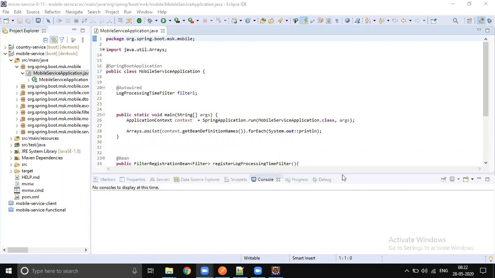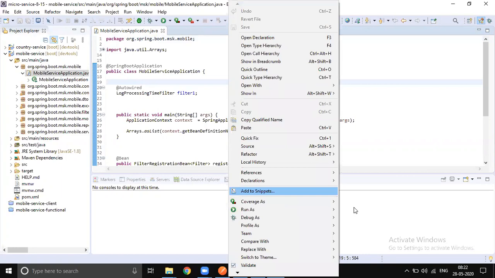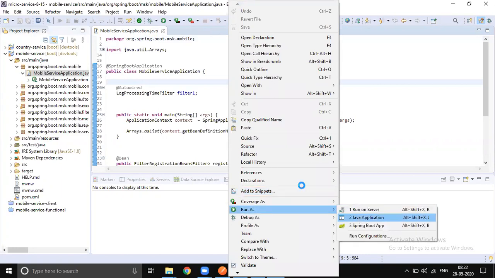Okay, so just right click, run as Java application.